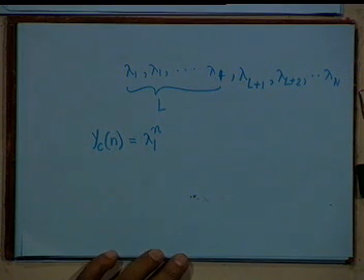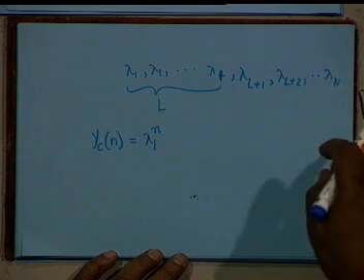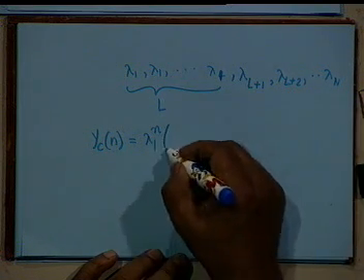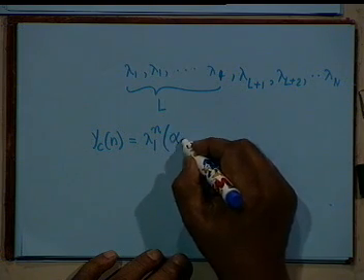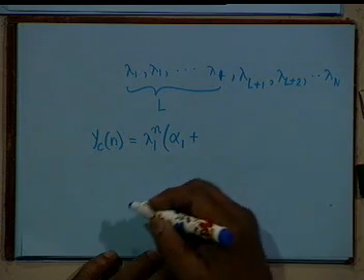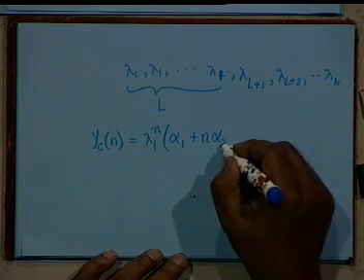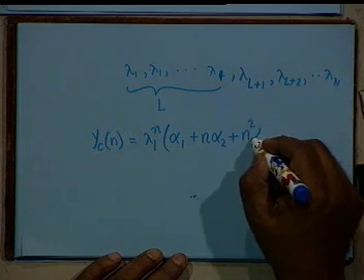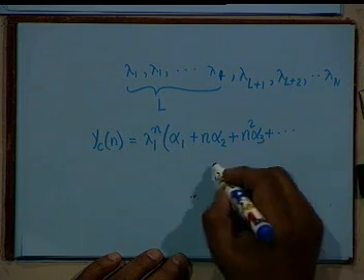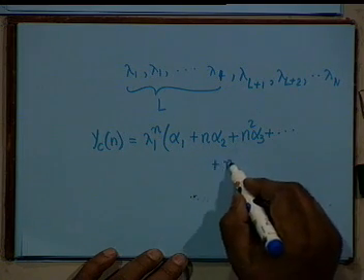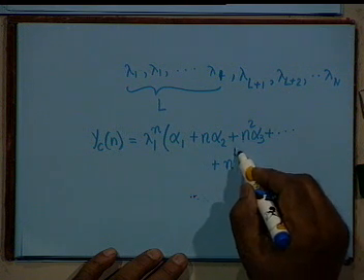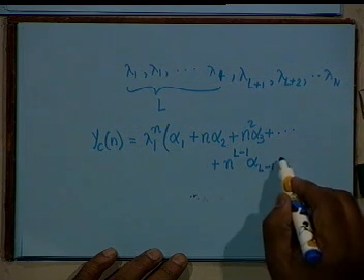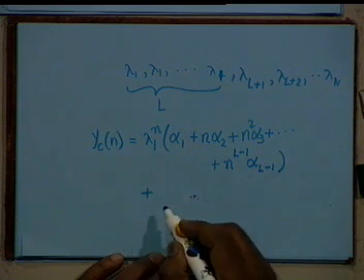Normally you would have a lambda 1 to the n plus b lambda to the n and so on, but since all of them are identical, you use some alpha 1 plus n times alpha 2 for the second term plus n squared times alpha 3 and so on, plus the last term would be n to the L minus 1 alpha L minus 1 plus